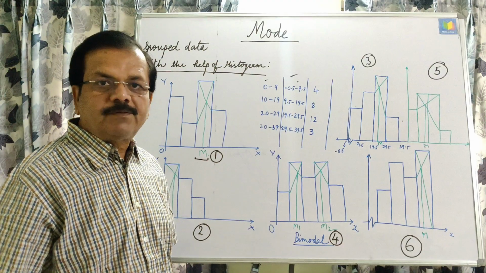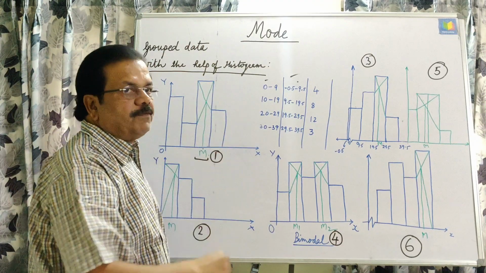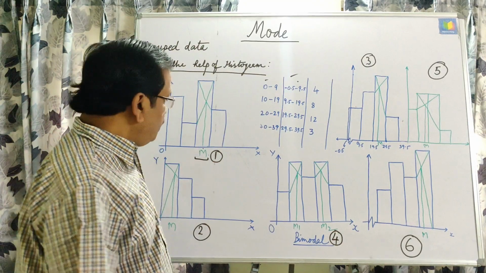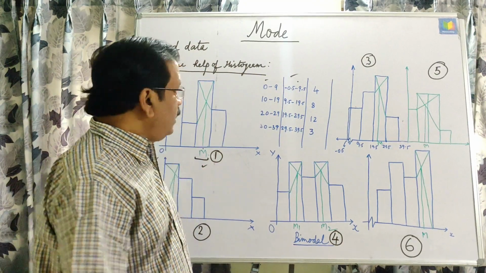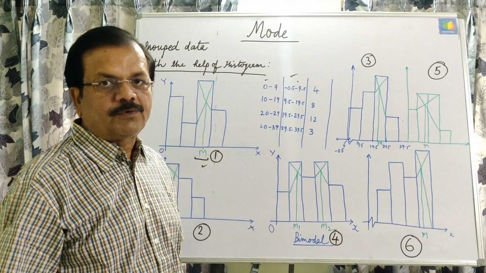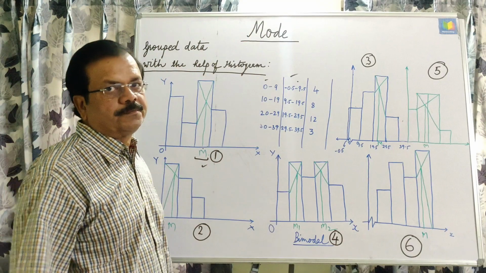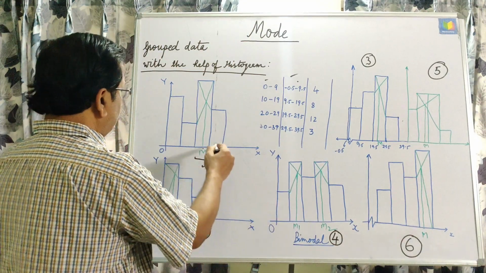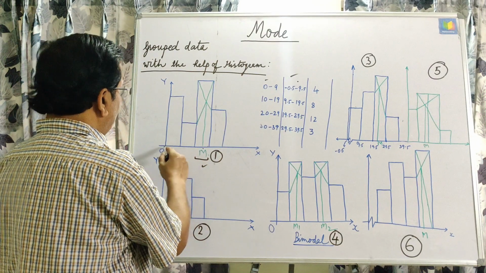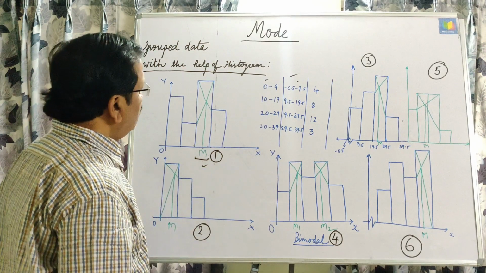After making it continuous, we'll draw the histogram, and then by observing we can see which block is of the maximum length, and that will be the modal class. Then we'll draw 3 lines this way, and this will become more and more clear when we do the questions, and then we can identify the mode. Now here you can see the first type of graph. This is common: it starts from 0, and all the class intervals are continuous.